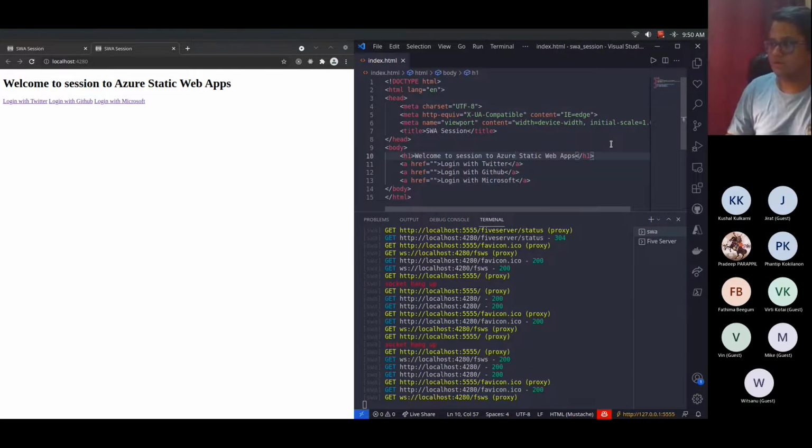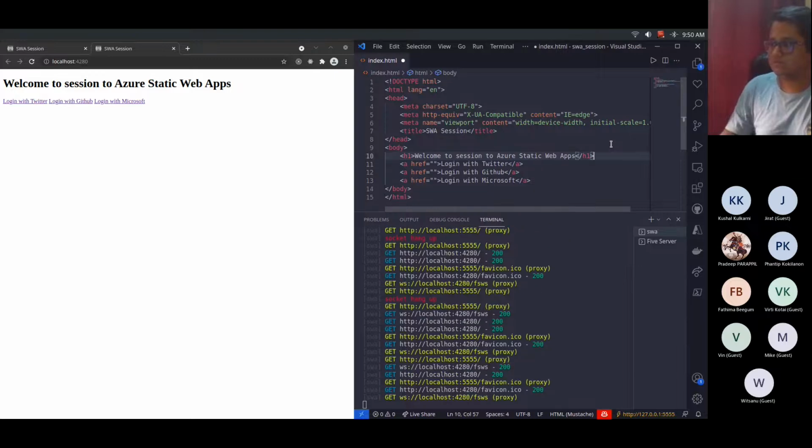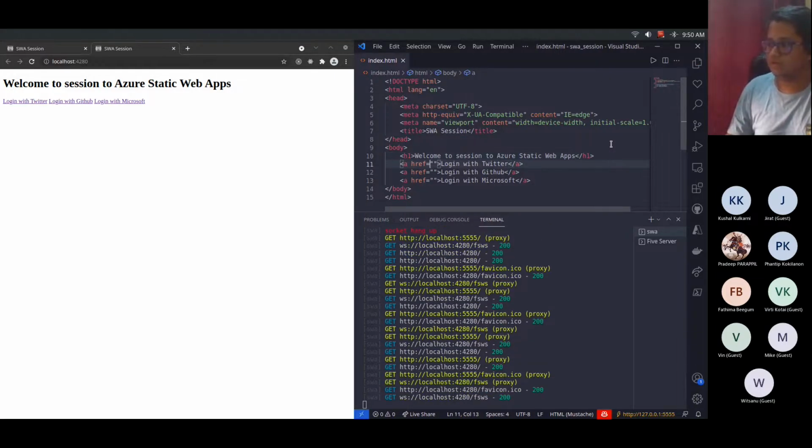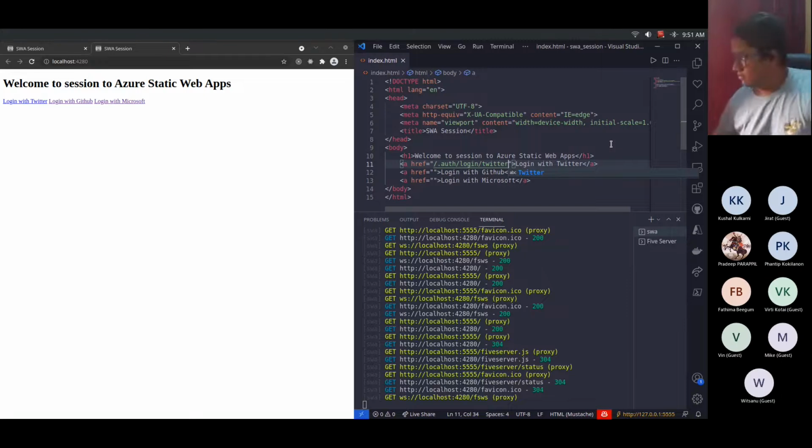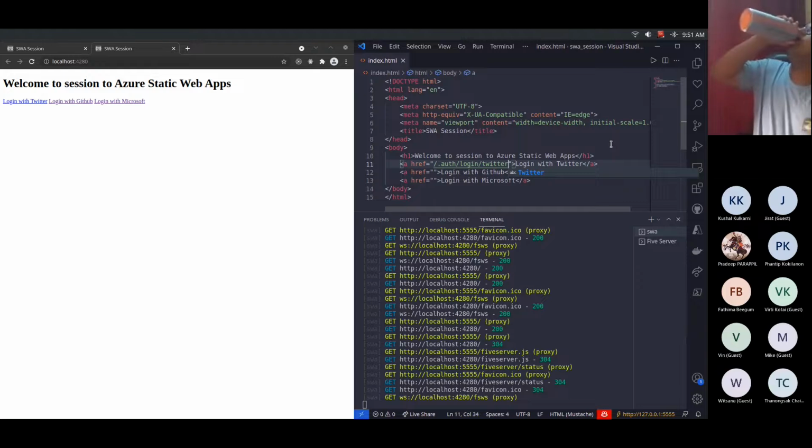If you go to /.auth/login and you suffix it with the provider you want, like in this case it's Twitter, and I go over here,